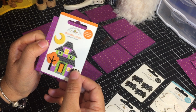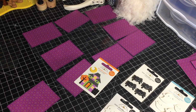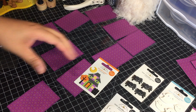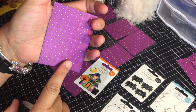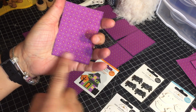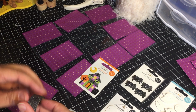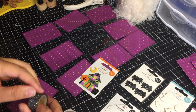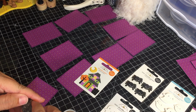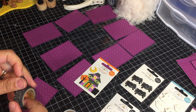I could just put this on here, but what I like to do, and this is where the washi comes in, I like to ground all of my images. By that I mean, I don't like to have stickers just stuck on a sheet of paper with nothing to ground it. I like to have something usually across the bottom so that it looks like the house is actually sitting on something and not just floating. So I'm going to use washi tape to do that. Because this is a Halloween themed pocket letter, I'm going to use some black washi tape,